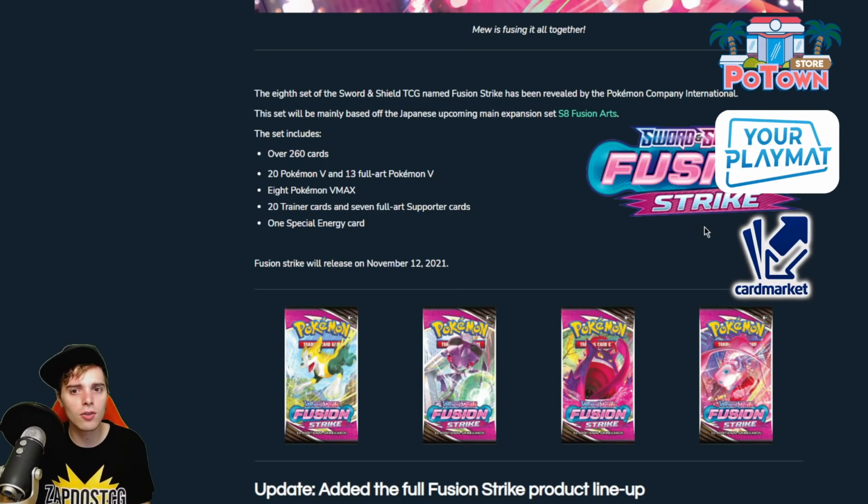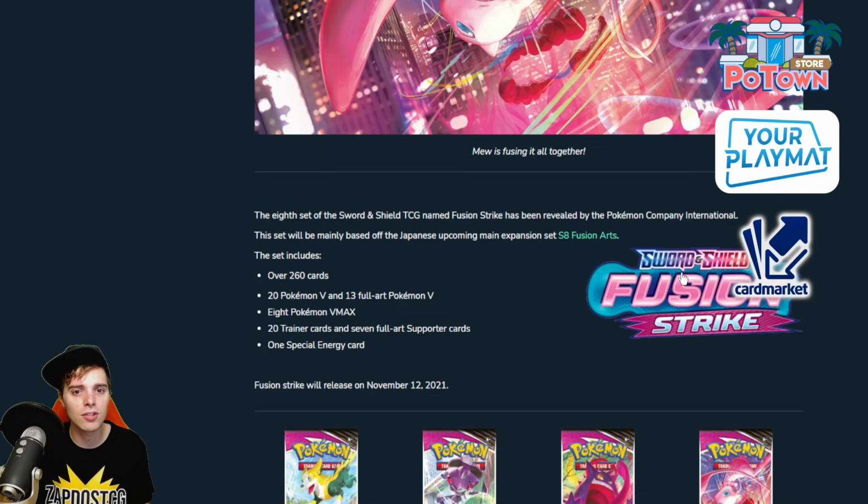So Fusion Strike, this is going to be the symbol here. Fusion Strike is the third Battle Styles set, and they will have mechanics working with Fusion Strike Pokemon. This is going to be a video talking all about the mechanic of Fusion Strike, talking about a lot of cards. We're going to be having our first impressions about specific cards, and also we're going to get a lot